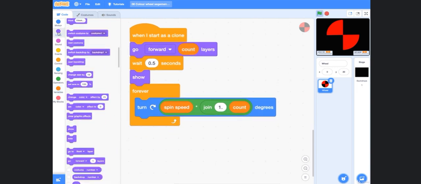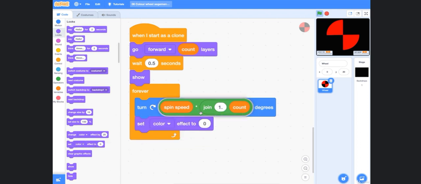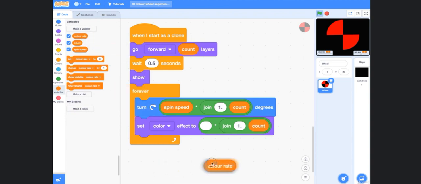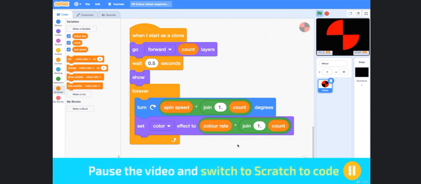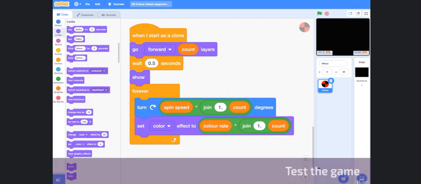Next up, we're going to set the color effect, and we're going to use exactly the same calculation to set the color effect as the clone rotates. The only difference being that we take spin speed out here and we replace it with the color rate variable. Let me pause and let you code this algorithm. Okay, finally we're ready to test our game,